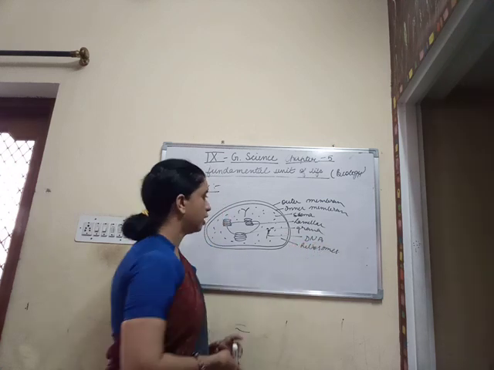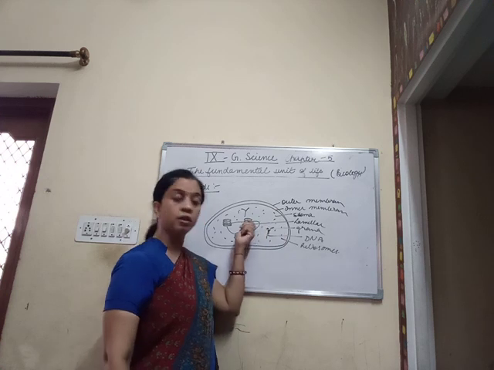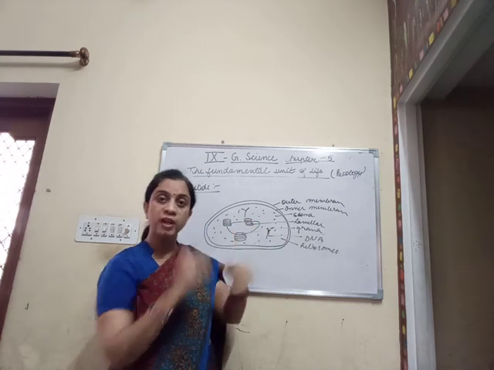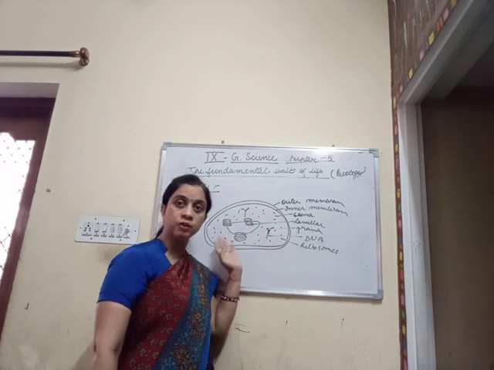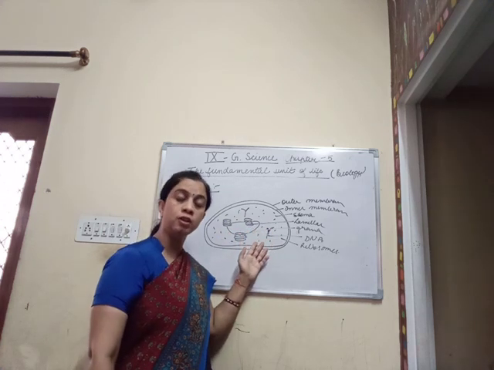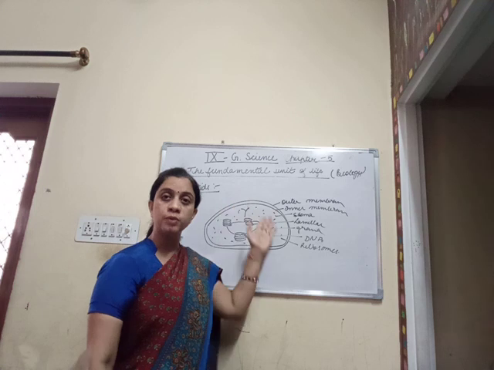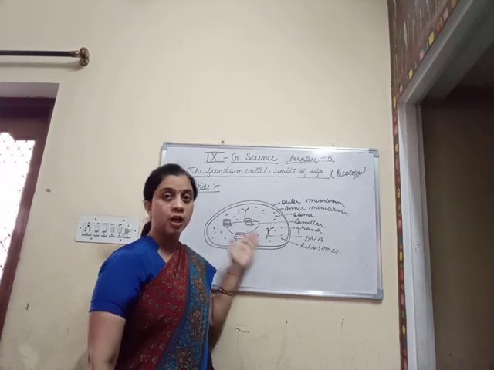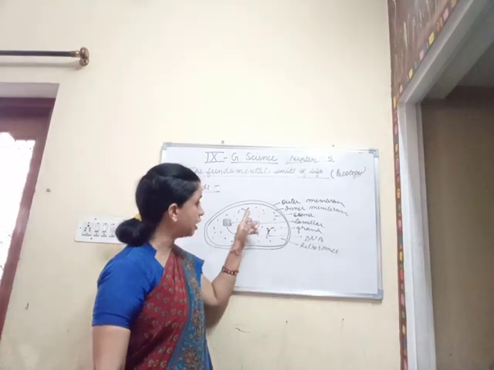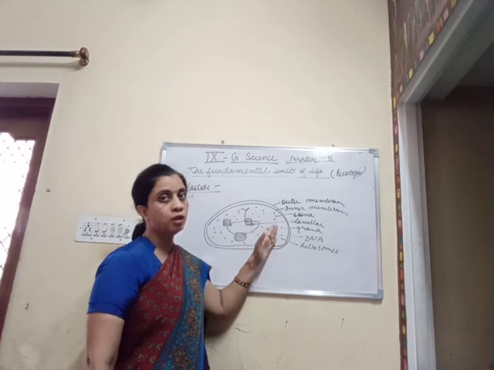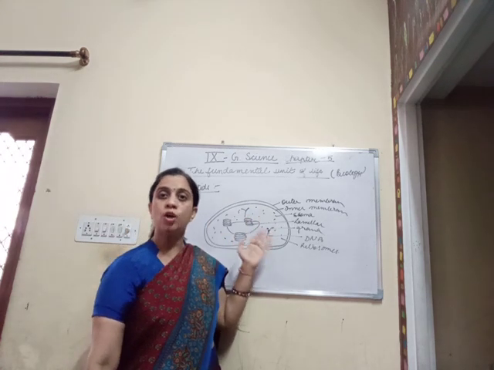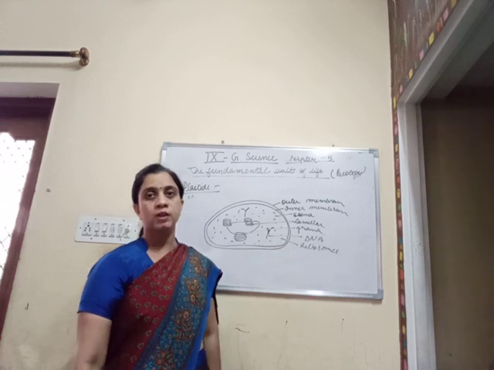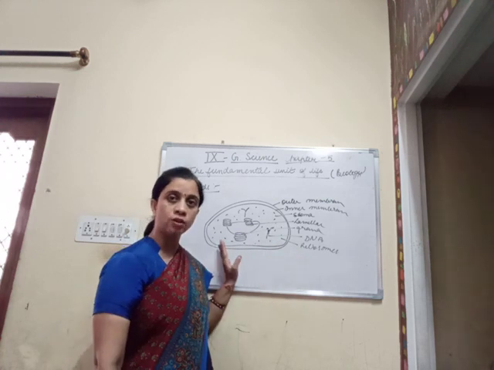As I was saying, a large number of granas are found stacked one upon the other, forming the lamellae, and these lamellae are present within the stroma, or the fluid matrix, which is present within the two membranes. And as I said, it contains DNA molecules plus ribosomes of its own, which renders it semi-autonomous in nature. So this is all about the structure of the plastid.